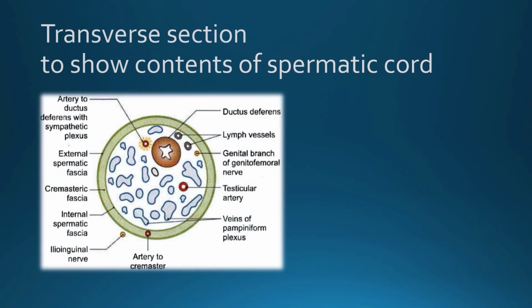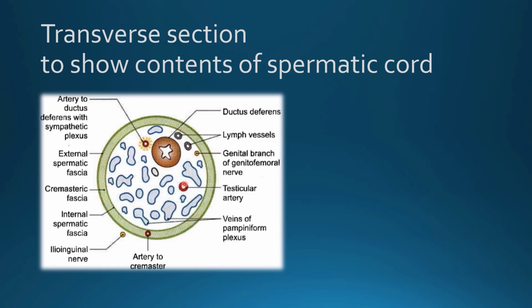This picture shows contents of the spermatic cord. It's a diagrammatic representation of transverse section. External spermatic fascia, cremasteric fascia, and internal spermatic fascia are seen here. Inside to them, importantly, the contents are ductus deferens, artery to ductus deferens,